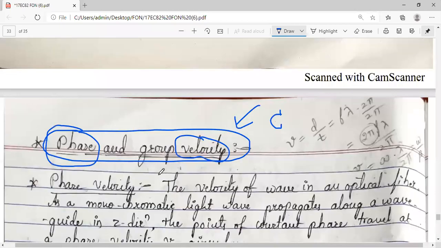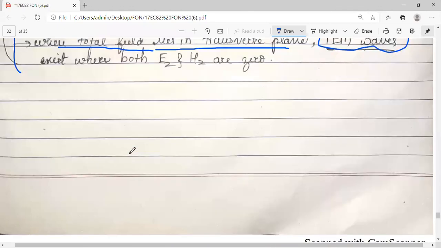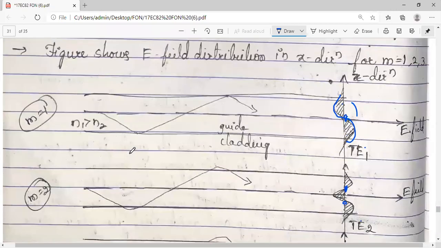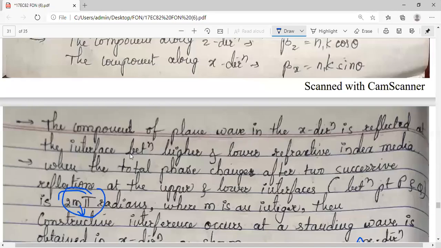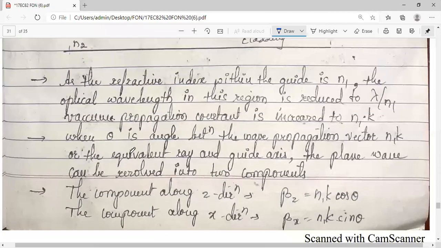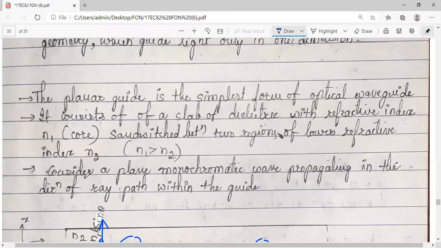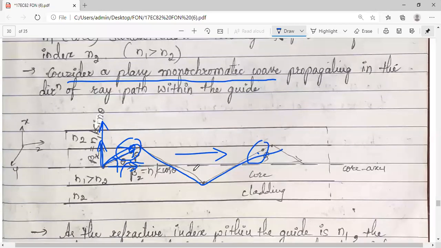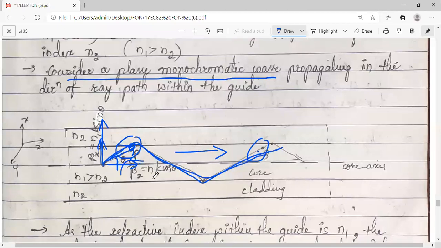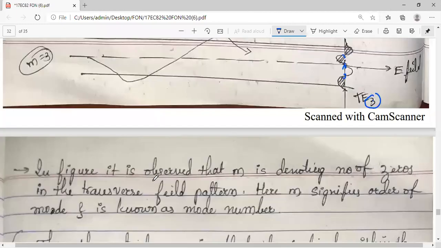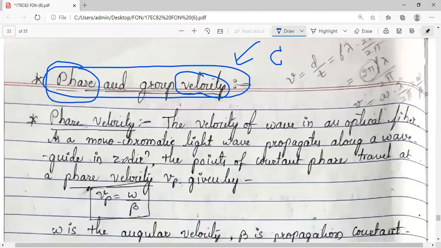Okay, try to remember when we started the previous session, modes in a planar waveguide, we have assumed a monochromatic light, a light which is having a single frequency. Consider a plane monochromatic wave. So whatever we have considered here, the plane wave, so here whatever light traveling, that we have assumed monochromatic. Why I'm telling this again and again is that concept comes here.